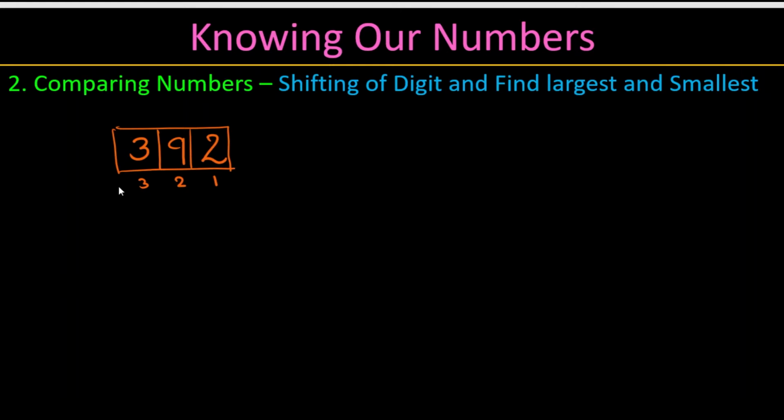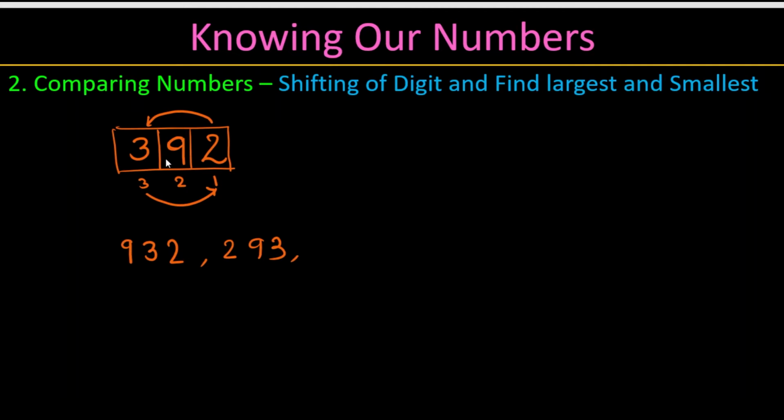Now shifting means anything you can shift. If you remove 9, where do you want to put it? Here, on the complete right side. So 3 should come in the 10s position and 9 goes here, and 2 comes here. So now this is the number. Let's try another option. 3 goes here and 9 goes here. So 9, 3, 2, right? Now 2 comes here and 3 goes here. 2, 9, 3. Okay, so this is the shifting of numbers.